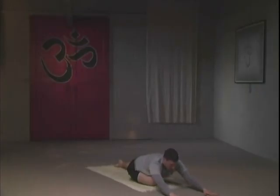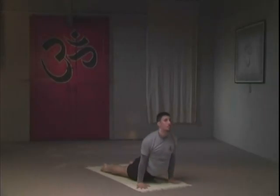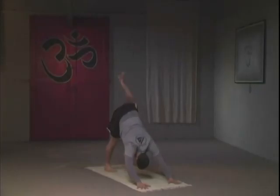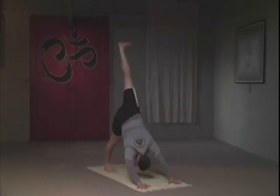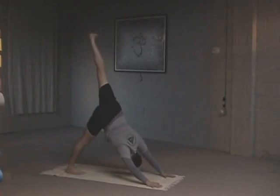Longer, deeper breaths. Slowing things down. Now we're going to step back to low plank, take an upward dog and a downward dog in between, and moving on to the other side. So kicking the left leg up, maintaining your nasal breath. You're going to lift up that left hip as high as you can, contracting your leg, fingers are open wide,